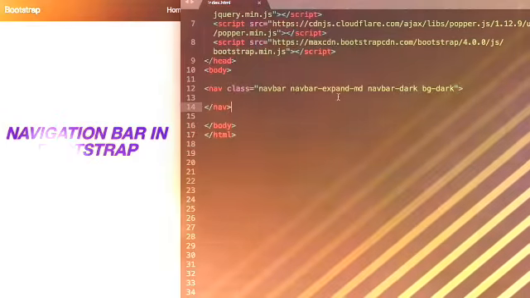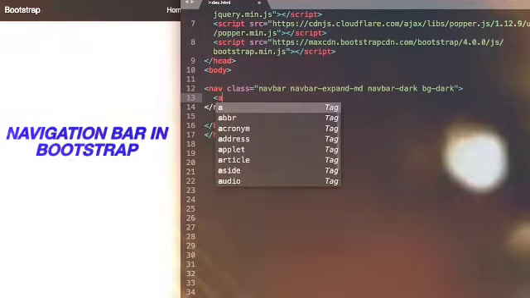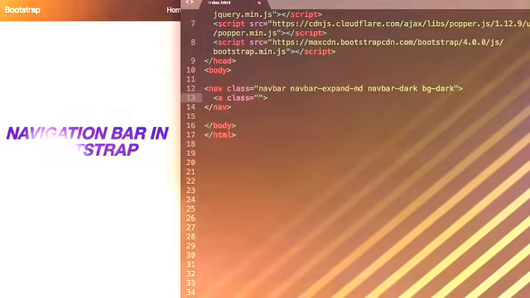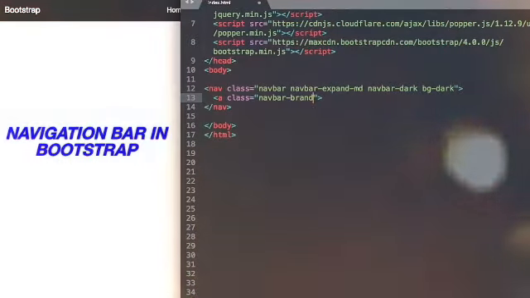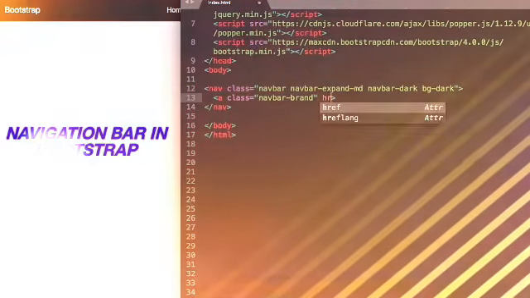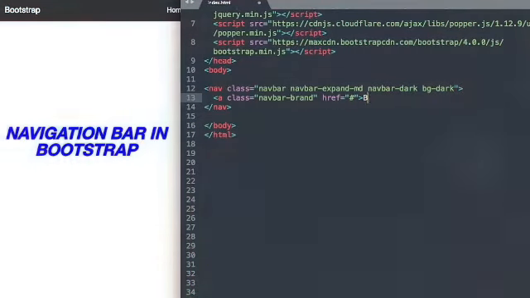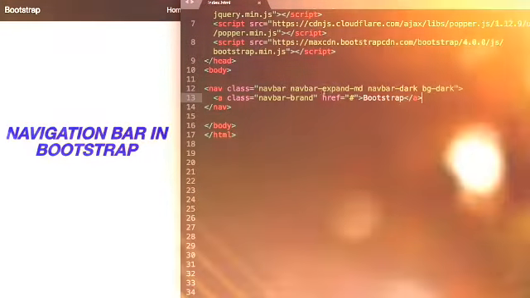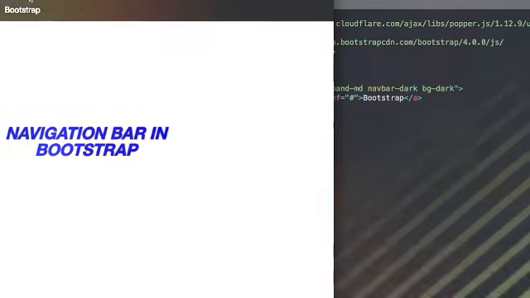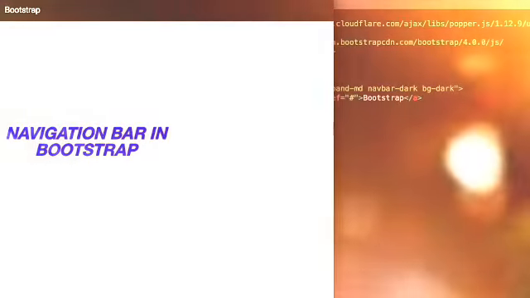So let's move on to our navigation brand or logo. So we'll say a class navbar-brand, and then href, and I'm just going to leave the link blank here with the hashtag, and then we'll write Bootstrap, as you can see in the upper left, or you can put the image in, the image source for your logo. So there we have our Bootstrap text as our logo,